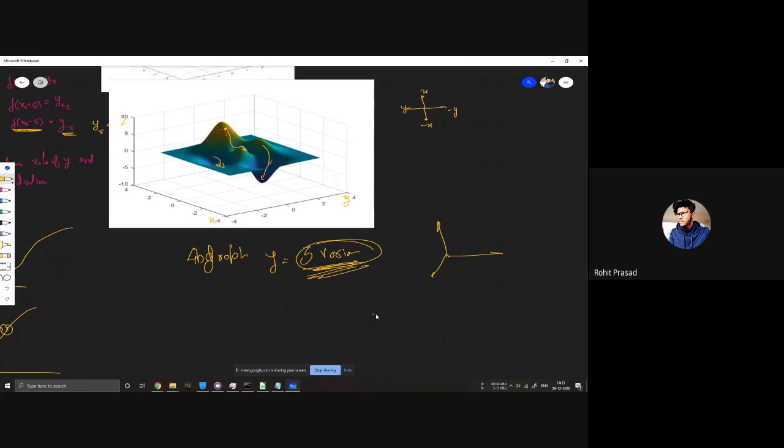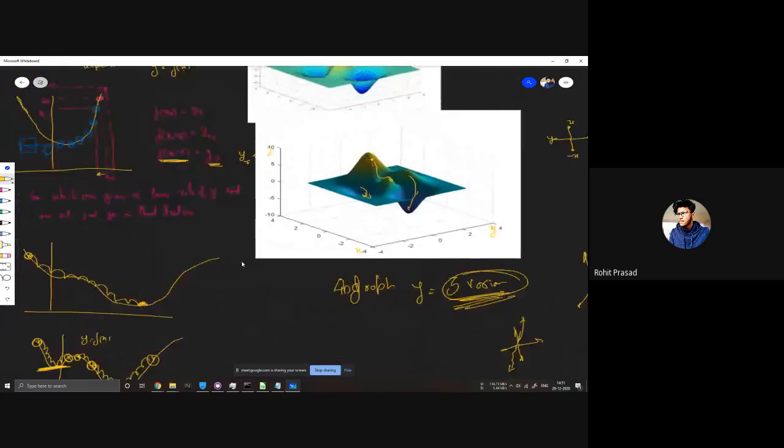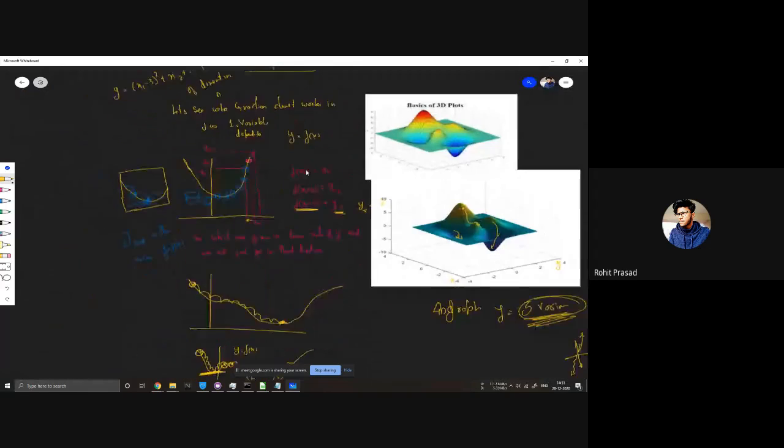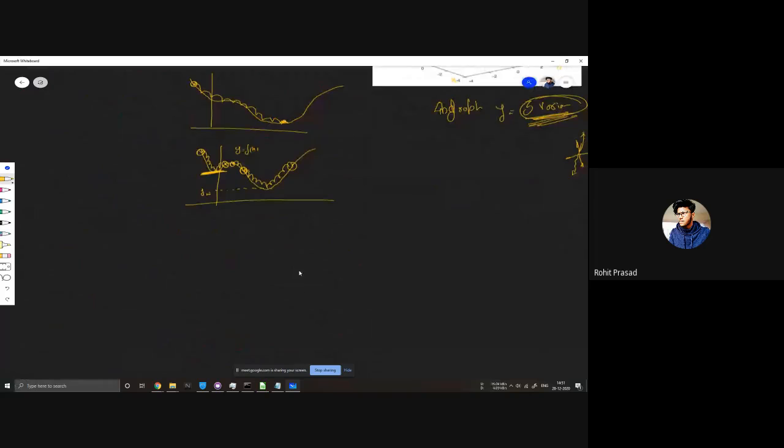So for that, you will have something like 1, 2, 3, 4, 5, 6, these many directions to go in. For n variables, there will be at least 2n directions where the ball can go, upward, downward, and any other direction. So this is how we calculate our minimum value from gradient descent. We can calculate that too.